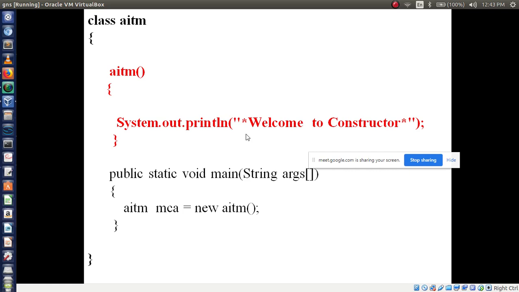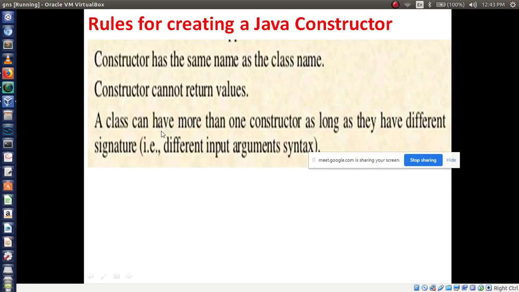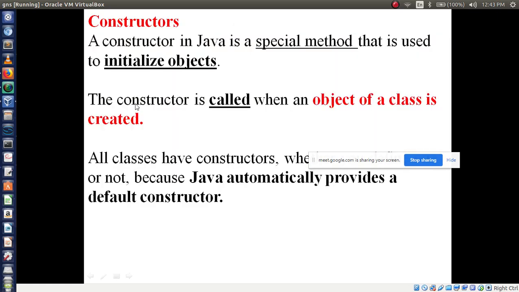That is why we have to give the class name as the constructor name. So when will it be called? After creating an object, at that time it will be called. See, the constructor is called, displayed again on the slide.